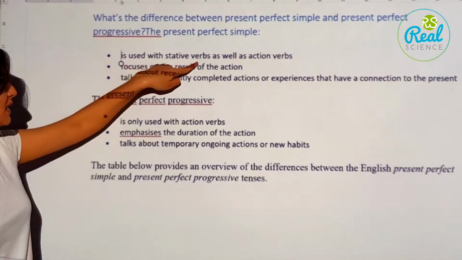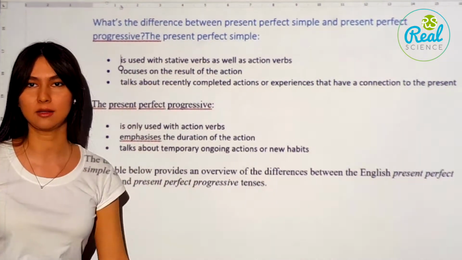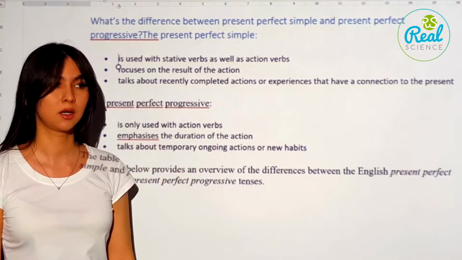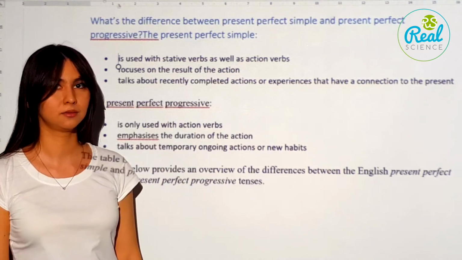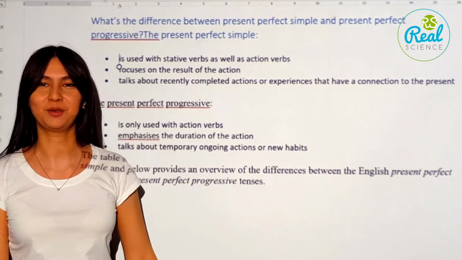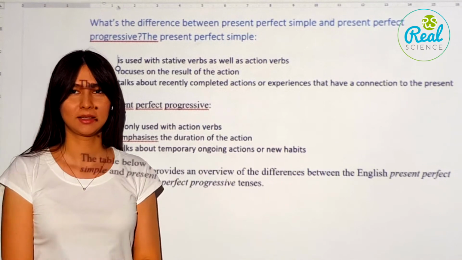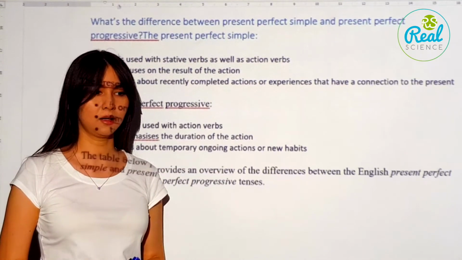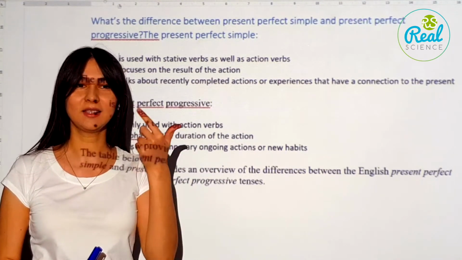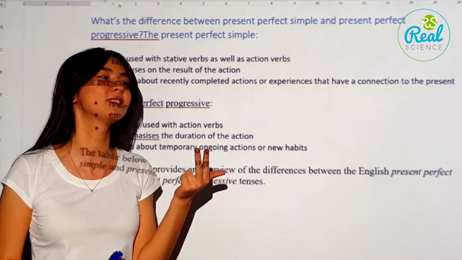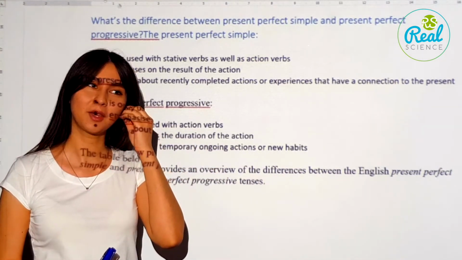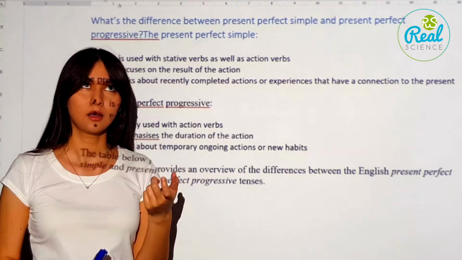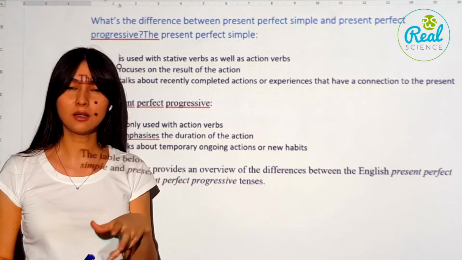The first thing, it is used with stative verbs. What are the stative verbs, guys? This is another difference. A verb that expresses a feeling. What kind of? Can you give me example? I think, believe, like, hate. Like, hate, believe. Very good. What else? Understand sometimes. Yeah, very good. So these are the stative verbs.